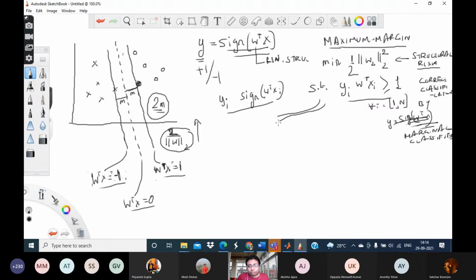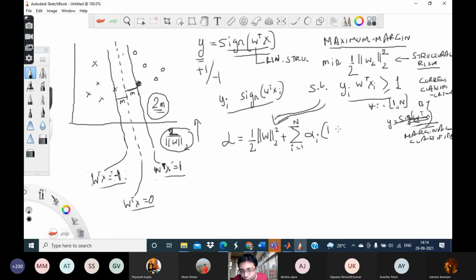Now what do we do? If you remember, we set this up as a constrained optimization problem. We define what is known as the augmented loss function or augmented objective function in the following way. If there are n constraints, we add all of those n constraints into the augmented objective function along with a Lagrange multiplier. Let's call that alpha i. Yesterday I was calling it lambda i, but for consistency with the slides, let me call them alpha i.